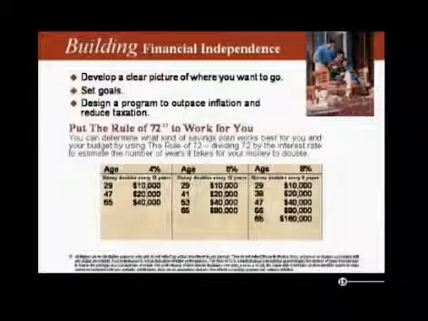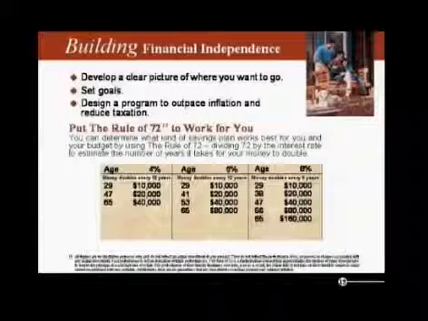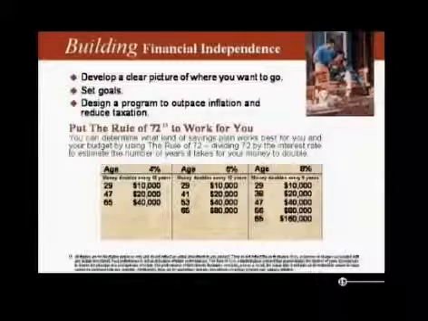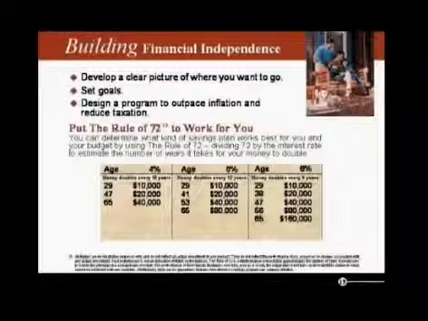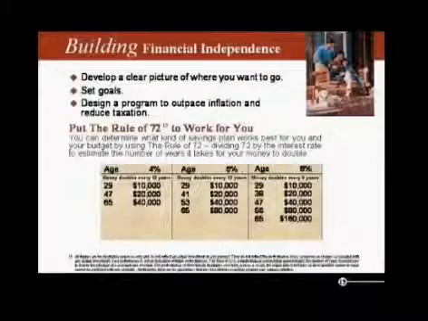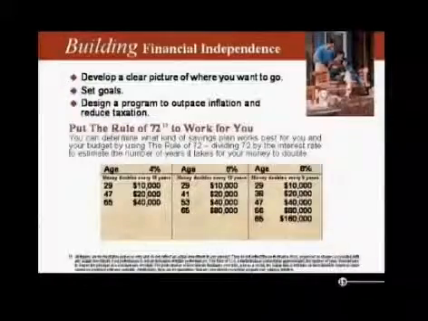How many of you have heard of the Rule of 72 before? How many of you have heard of Albert Einstein before? He called this the 8th wonder of the world, the law of compounding interest. And what it simply shows is if you take the number 72 and divide it by the interest rate that your money is growing at, the answer is how long it takes for your money to double at that interest rate.